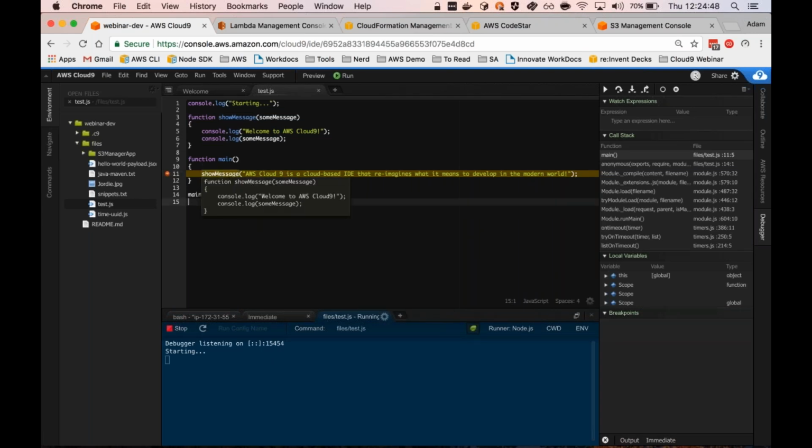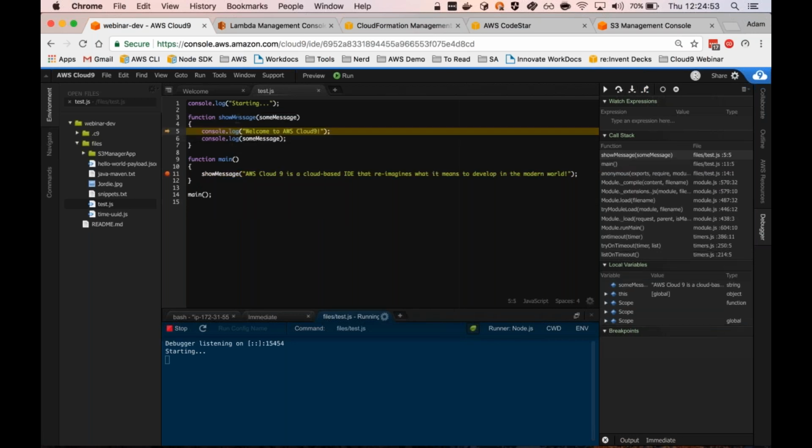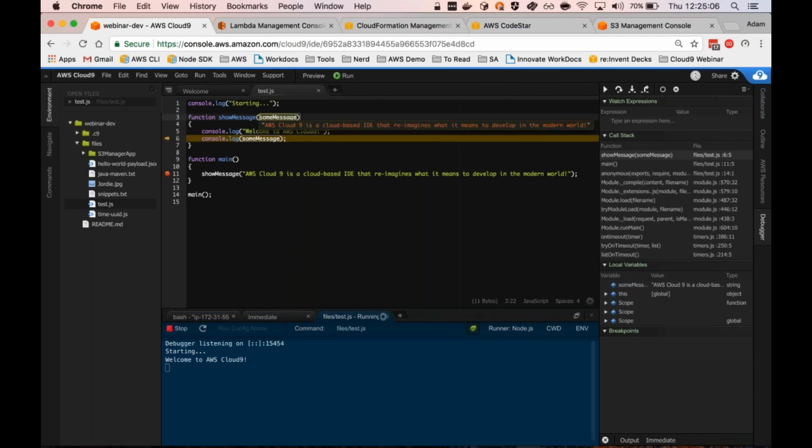So my breakpoint is here on this show message function. And if I step in, I now jump into the show message function, and it's been passed in a parameter, which you can see there. If I mouse over that parameter, I get to see the actual current value of that parameter. I also have the ability to step over and step in, and I can even make changes to those variables